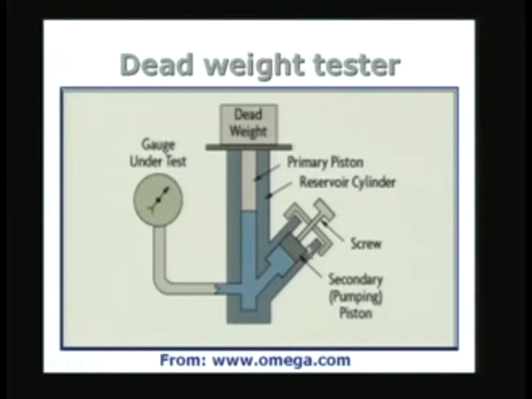Now, what I have to do is to use different weights and adjust the position of the screw such that the dead weight is going to just float. That means that it is going to be freely able to move in and out. It should not be restrained. In that case, the dead weight divided by the area of cross section of the piston gives you the pressure, which can be expressed in terms of the weight in newtons divided by area in square meters, that will be in pascals, and directly the position of the needle here will correspond to the same pressure. Okay? A very simple arrangement, very accurate arrangement. This is in fact considered as a primary standard for pressure calibration.